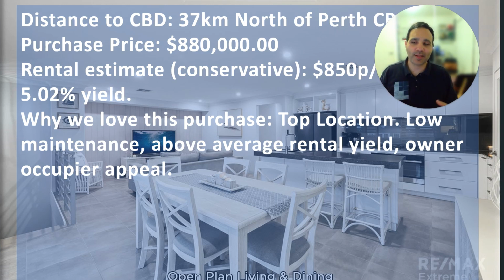Why do we love this property? I mean, you can tell I kind of love it. Top location. Look at it. It's modern, low maintenance, great appliances. It's fully decked out, above average rental yield, owner-occupier appeal. It's just a great property. I was really proud of my team for finding